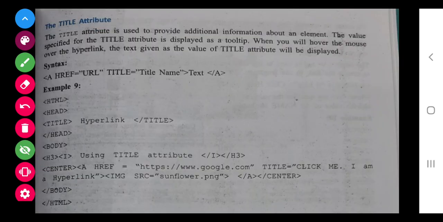Next is the title attribute. href you have studied right now. Now next is the title attribute. If you want to give title also, in this what will happen, it will provide the information to which you are going to go. Means like they have written the information, click me, I am a hyperlink.